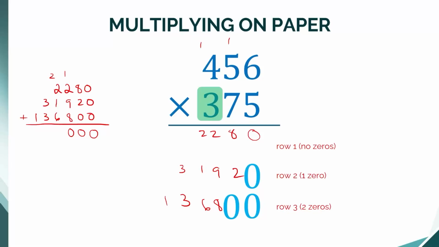What is 2 plus 2 plus 1 plus 6? So that is going to be 11. Put the 1 there and the 1 there. What is 1 plus 3 plus 3? That is going to be 7. We don't have to do anything because that's just a single digit. And then finally, what is 1 plus 0, 0, whatever it is, that's just going to be 1. So the final answer is